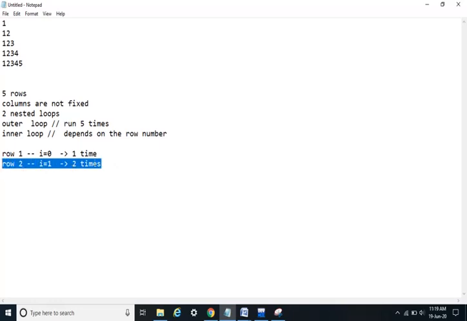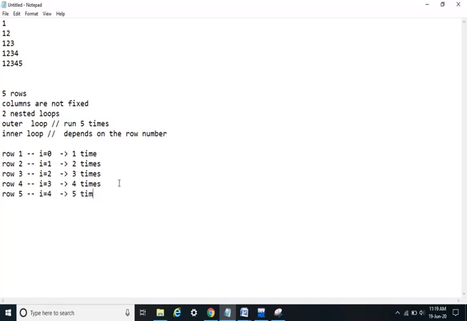Alright. Now similarly for row 3 or i equals 2, the inner loop will run 3 times. For row 4 or i equals 3, the inner loop will run 4 times. For row 5 or i equals 4, the inner loop will run 5 times.